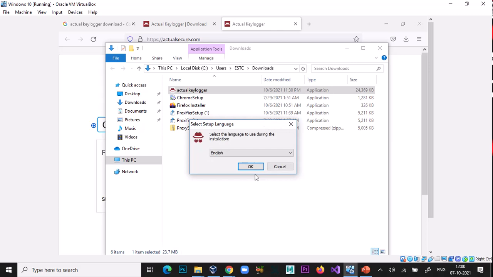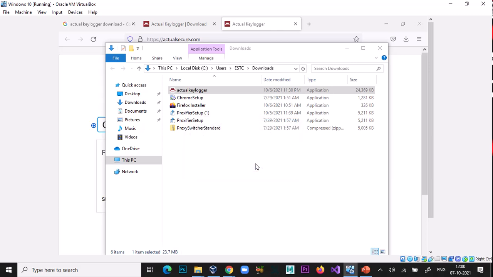Every exe file needs human interaction: double click on it.